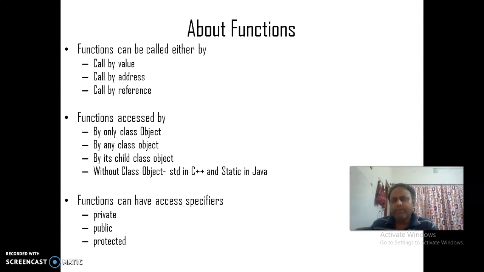By any class object, since we have multiple classes, we can access those functions by using any class object.